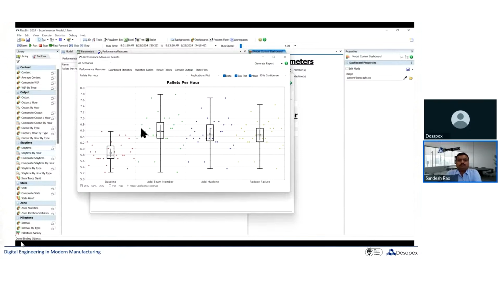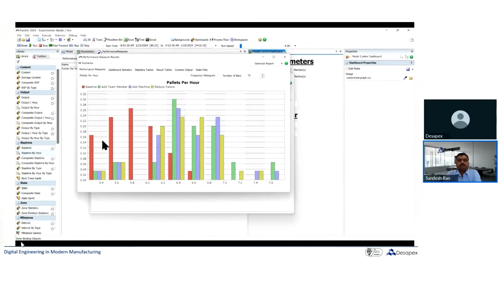This scatter plot is one way to view your results. You can also come to this menu and choose to see a frequency histogram. If you wanted to see your results distributed like a statistical distribution, what kinds of values of our outputs are more likely to occur than others. For example, here on the baseline scenario, we had 8 replications that fell within 5.78 pallets per hour and 5.99